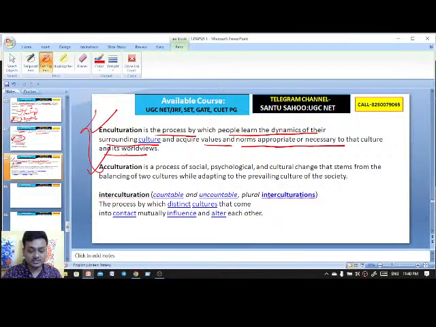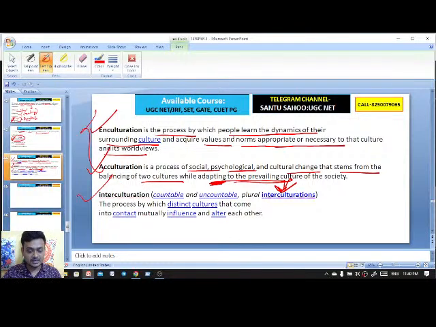whereas acculturation is a process of social and psychological and cultural change that stems from the balancing of two cultures, okay, while adapting to the prevailing culture of the society. Adapt कर रहे हैं, ठीक है, to the prevailing culture of the society. And what is interculturation?